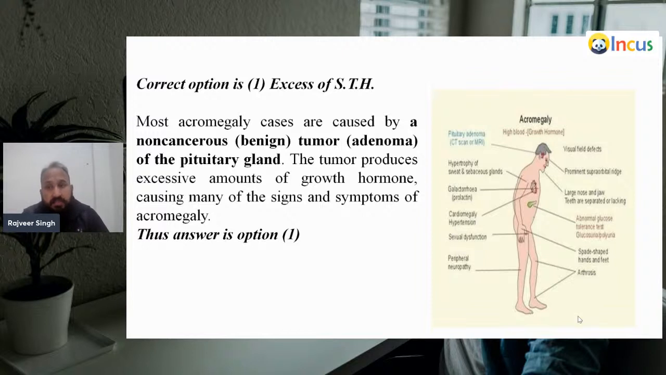Here in the diagram, you can also see the major symptoms of acromegaly. First, high blood growth hormone. First is the pituitary hormone, pituitary adenoma. With a CT scan and MRI, we can detect this acromegaly. Then second, hypertrophy of the sweat and sebaceous glands. Then after that,